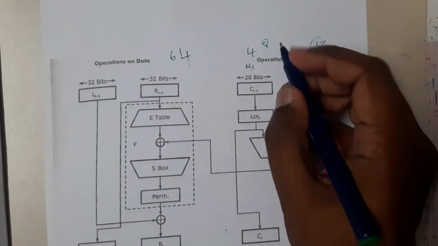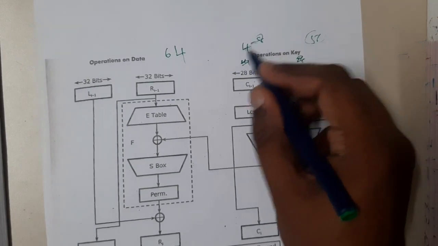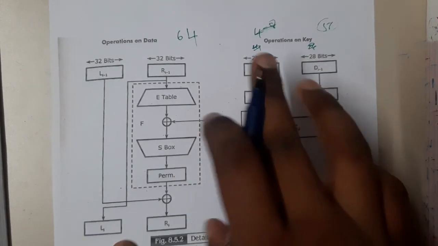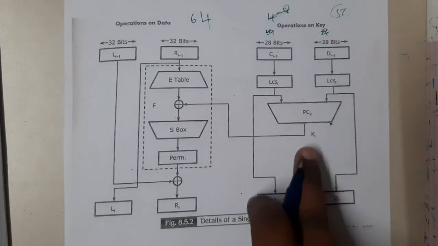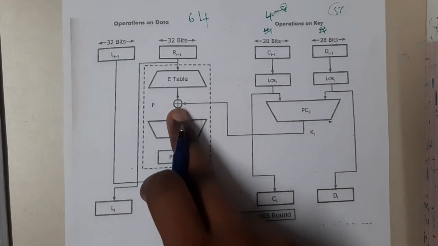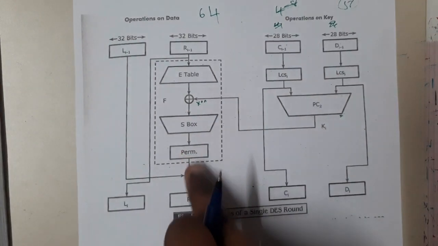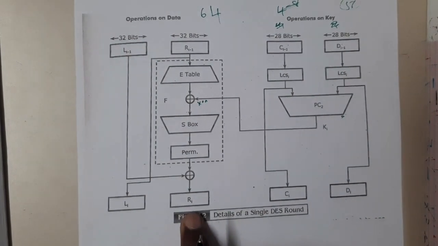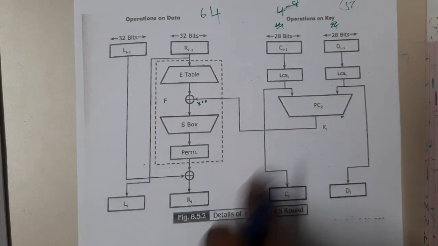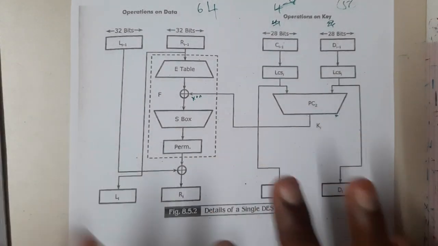Here is this PC2, guys. This input should be 48 only. Sorry, it should be 56 only, right? 28 plus 28. So here PC2 will combine with this XOR operation, and we'll get the S box output, and again you'll permute it, and again do XOR with this to get the result. In this way it will work, guys. I hope everyone got some basic idea, right?